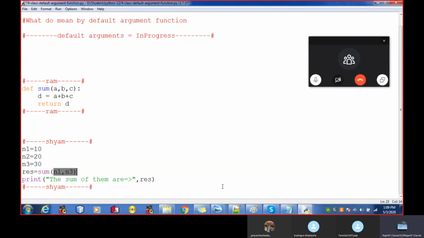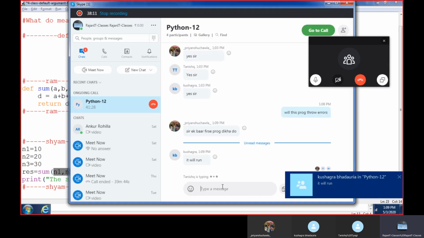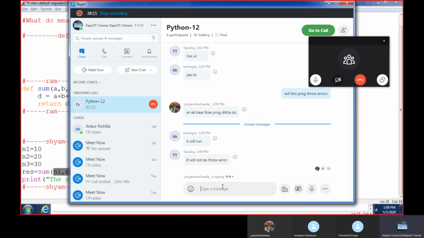In the highlighted part, I have removed the n2 while calling the sum function. Kushagar is saying it will run, it will not throw an error. And what about Priyanshu?